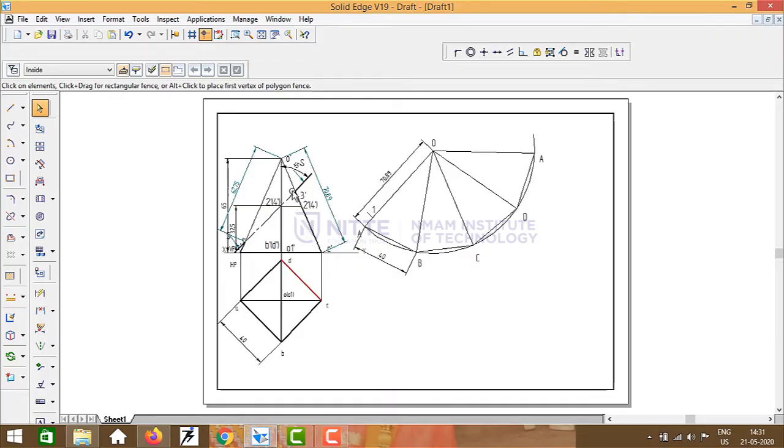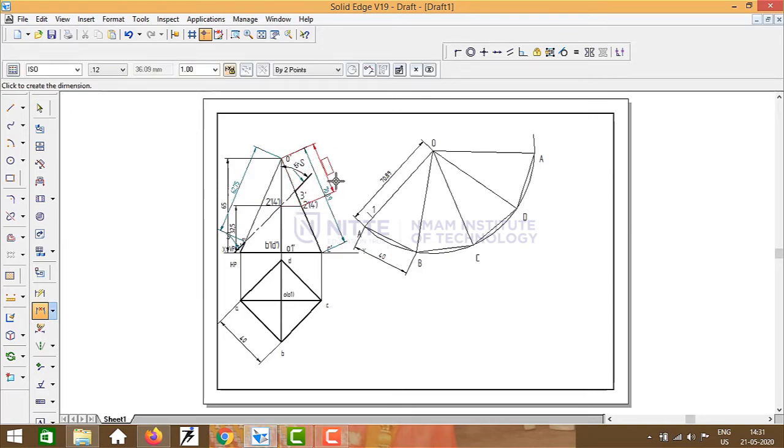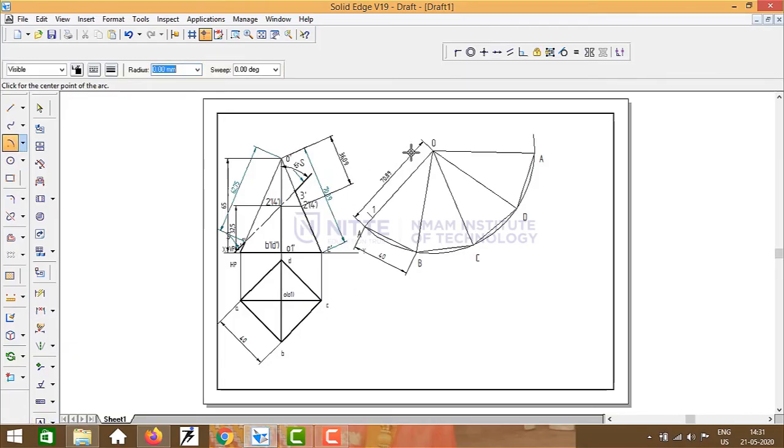Now the O to 2 dash distance is measured as true length only on O dash C dash. So measure this true length between O dash and 2 dash here. I'll take it a little bit outside. It is 36.09. So we'll draw the arc here now on OB. O to B radius, give it as 36.09, and cut it on this OB.